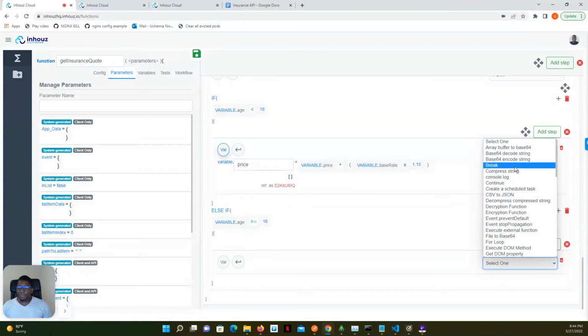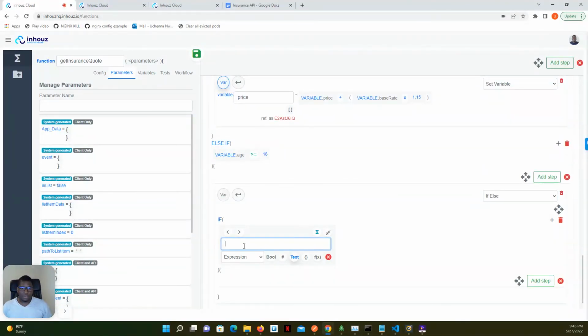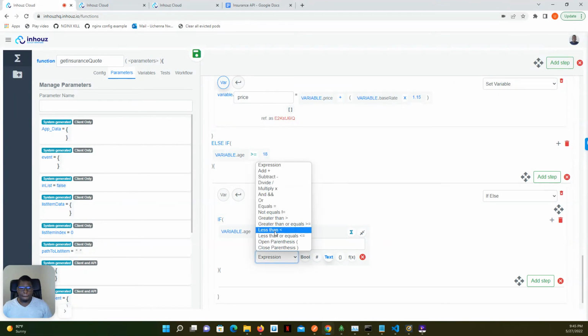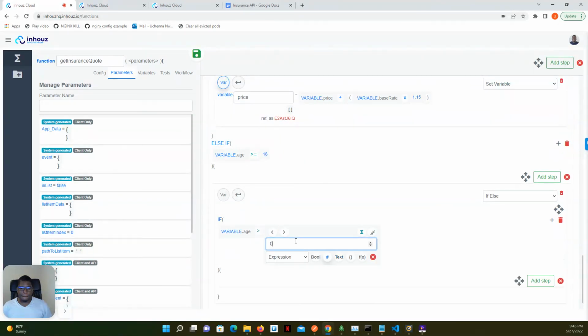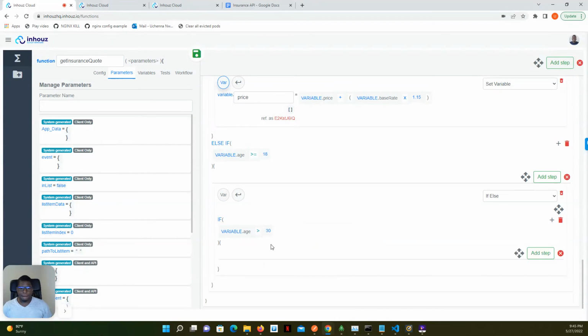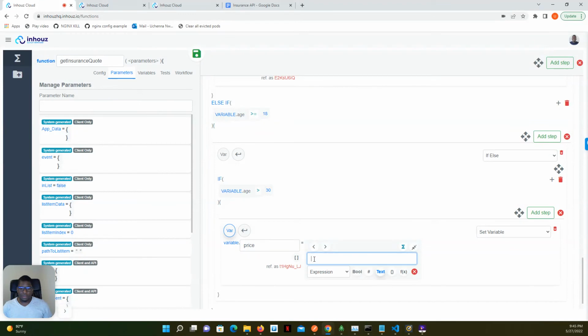So we say if the age is greater than 30, then we want to have our variable price set to variable price